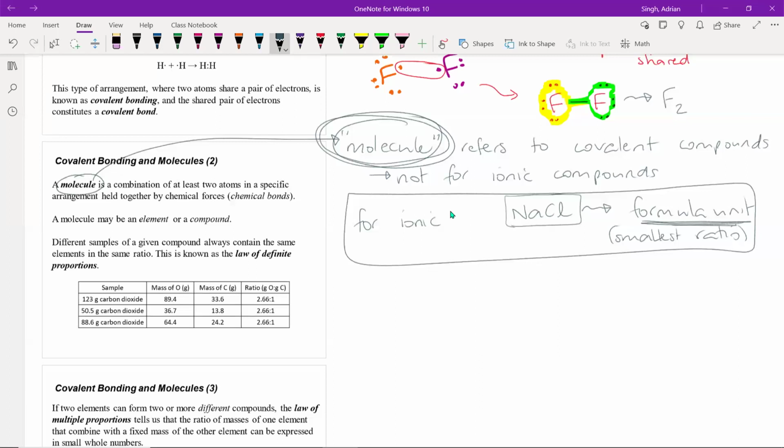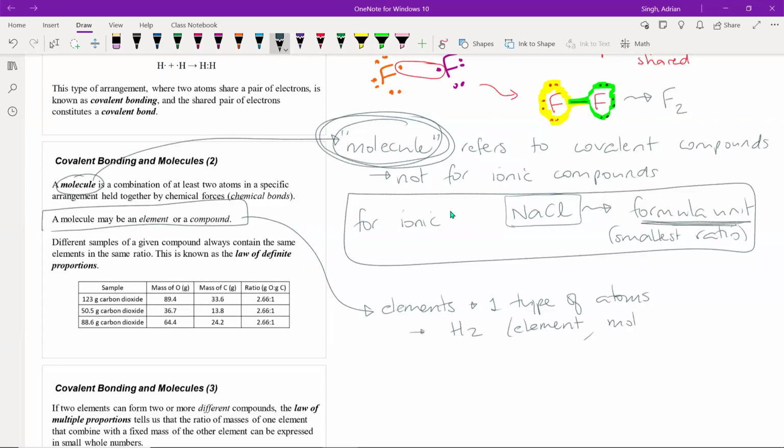So your molecules can be elements, or they can be compounds, right? We know elements are made up of just one type of atom. And we've actually just talked about two examples of molecules that are elements. For instance, we have H2 that we just talked about. That's an element because it is made up of one type of atom, which is hydrogen, and it is also a molecule. So we can refer to this as a molecular element